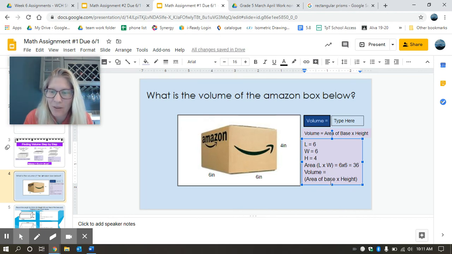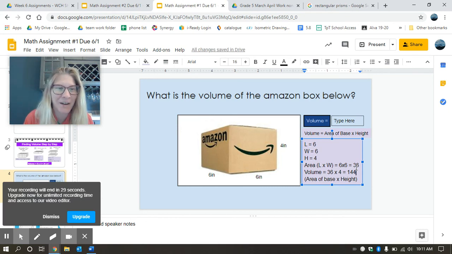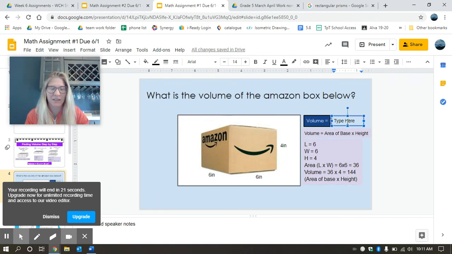Now the volume is the area of the base times the height. Since we just found the area of the base, which was 36, we're going to multiply that by 4. Now, the best practice would be not to use a calculator, but I obviously can't see if you're using a calculator, but if you got the answer of 144, you're correct. And since it's inches,